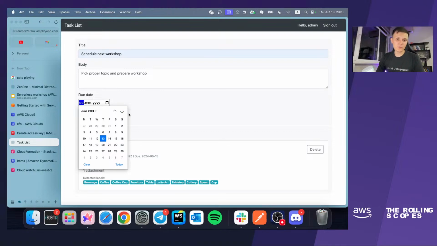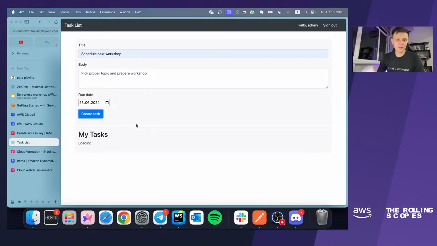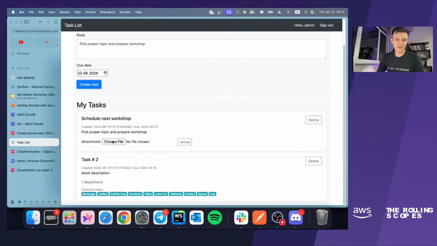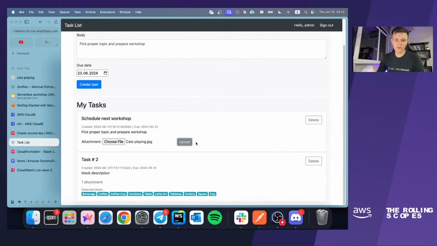Please advise what will be the date for the next workshop. Yeah, let's try to do it maybe in 2 weeks, but I will make the decision maybe next weekend and I will create the task. I will choose new file here, and cats playing is the proper file.